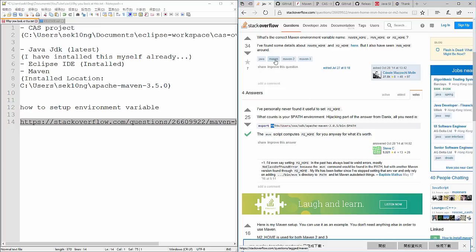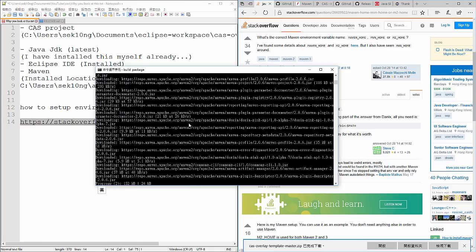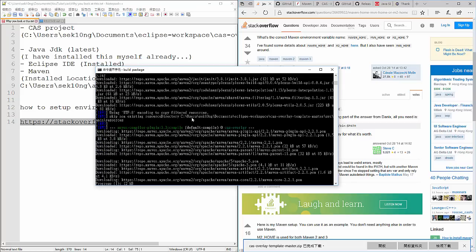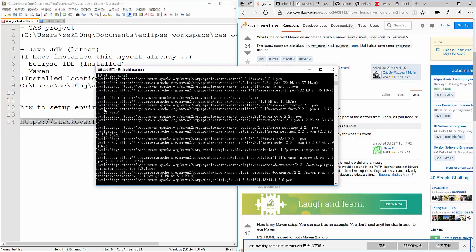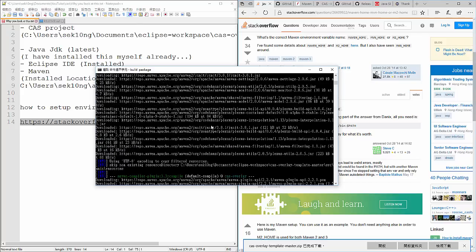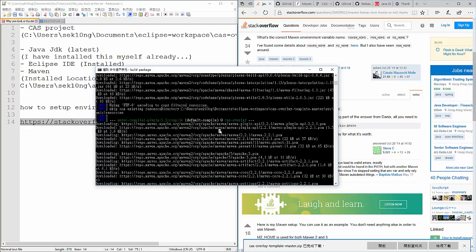So you need to set up Maven correctly. If you set it correctly, you should see something like this, which is downloading everything from the internet, which is good. You want them to be downloading. You see a lot of downloads, and this is very good.